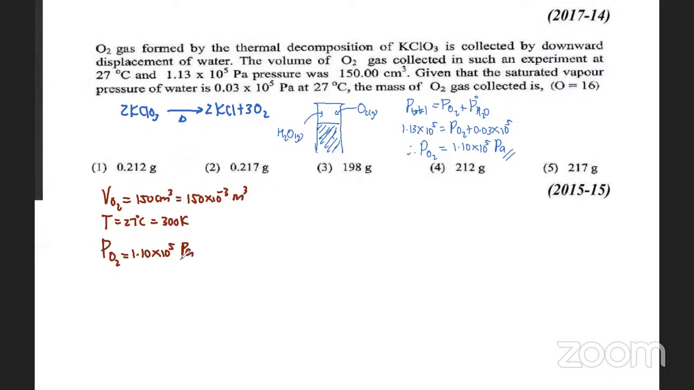Right. Any other information they have given? No. They are asking for the mass of O2 collected. So mass of O2 we need, and we all know the molar mass of O2, it's 32 gram per mole, but when you substitute the value, you have to substitute it in kilogram per mole. So that is going to be 32 into 10 to the power minus 3 kilogram per mole. That is the molar mass of oxygen. Obviously, I'm going to use